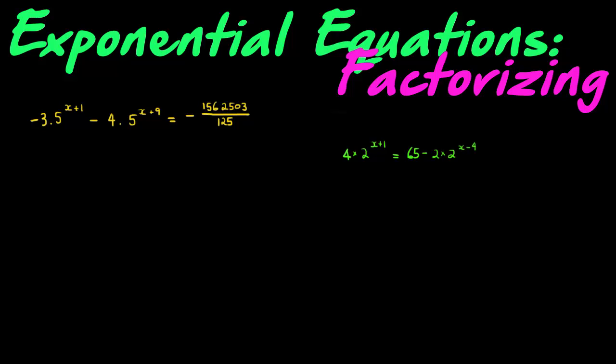Okay, so as I promised, here's my video with examples of exponential equations that require factoring or factorizing, and let's look at this first one. In this one, what we have, as you can see, we've got negative 3 times 5 to the power of x minus 1 plus